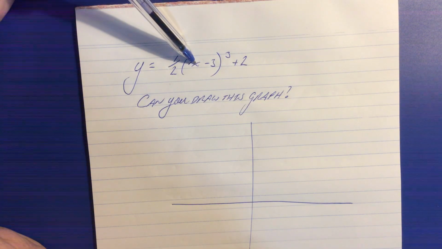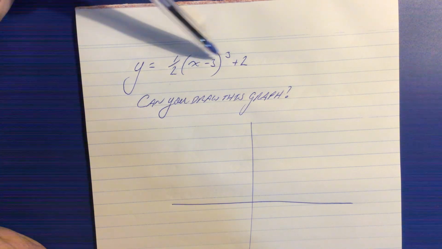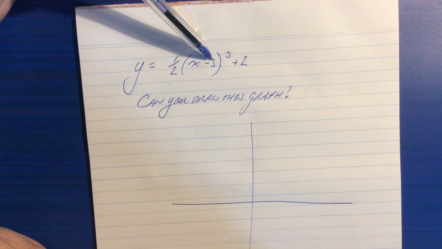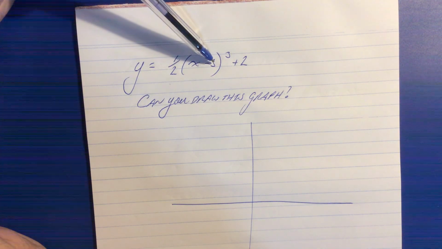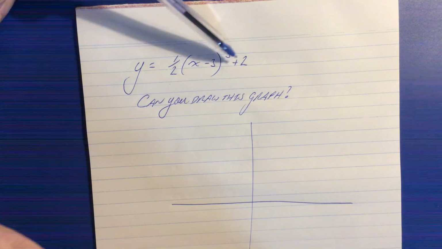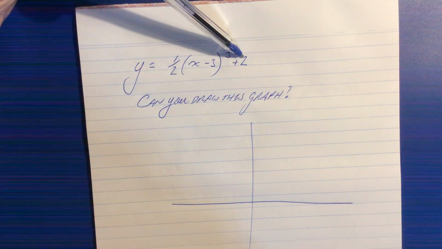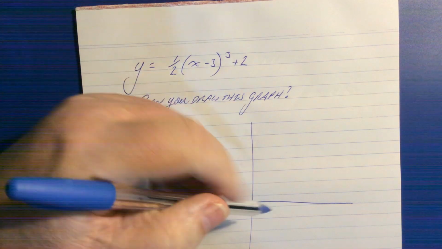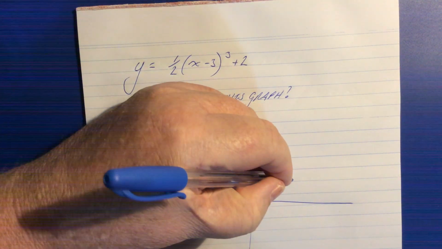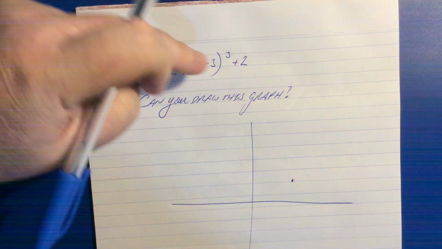What happens here is this cubic, because of this -3, is translated 3 points in the positive direction along the x-axis, and because of this 2 here, it is translated 2 units in a positive direction up the y-axis, which means that our point of inflection,